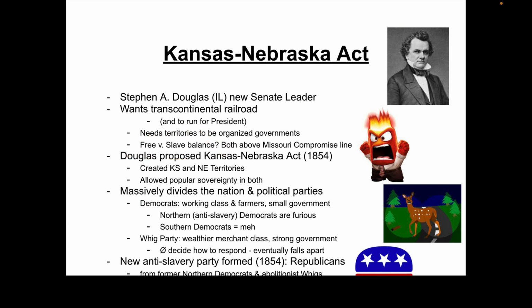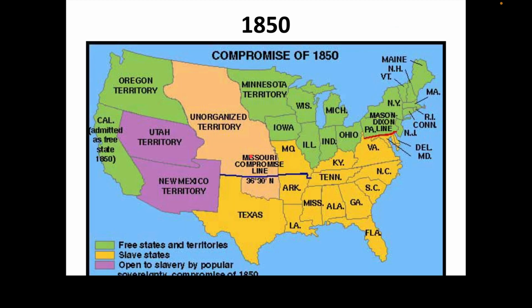But if these new areas, what are now Kansas, Nebraska, Oklahoma, Wyoming, South Dakota, North Dakota, start entering the Union, that's going to cause some problems. Because almost all of them are above that Missouri Compromise line, right? Now, almost wherever you're going to put a railroad from Chicago is going to be above this